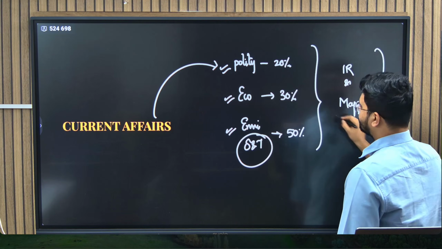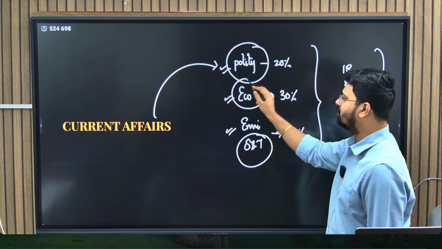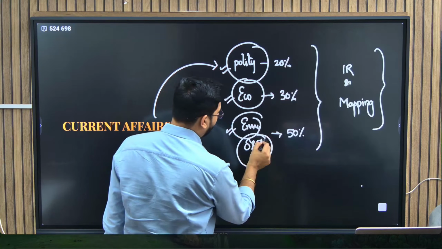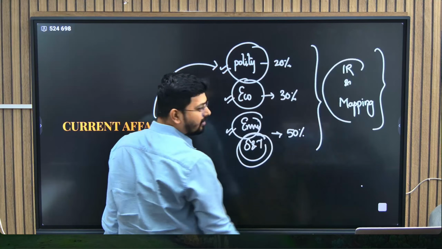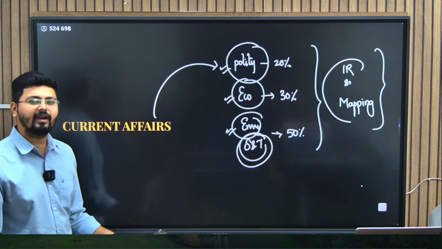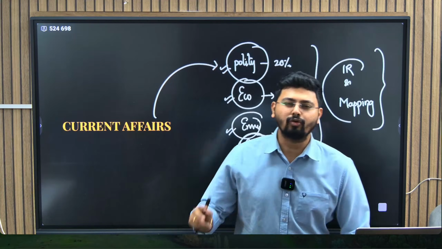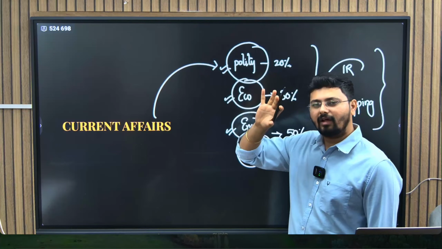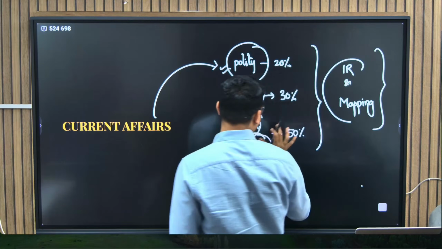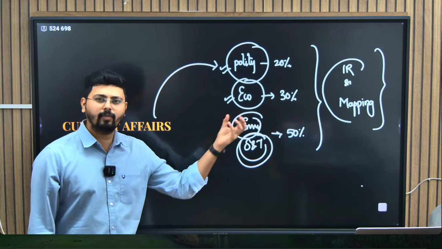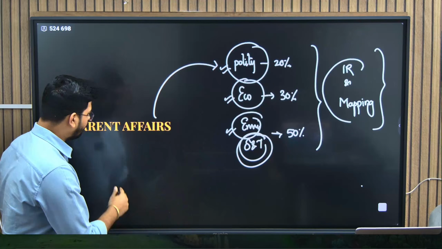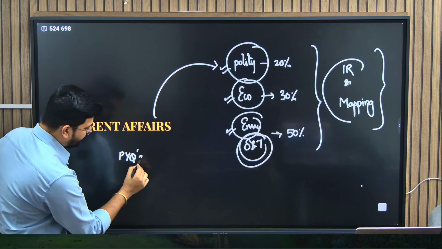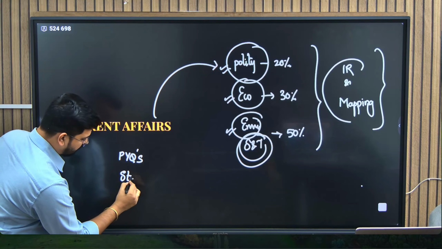Okay, so these things should be prioritized when you read your current affairs: polity, economy, environment, science and tech, IR and mapping. History, art and culture related current affairs, I would say try to keep as the last priority. That should be done at the last stage. First you have to focus on these things, because these are the areas which will give you maximum gain. And now if you have solved PYQs, if you have read your static books thoroughly